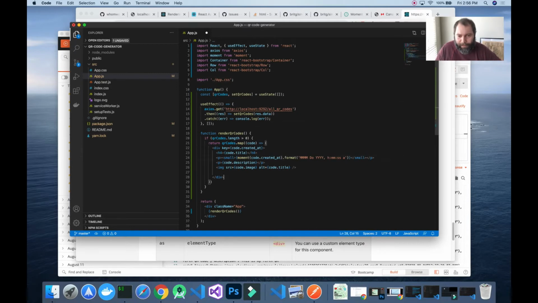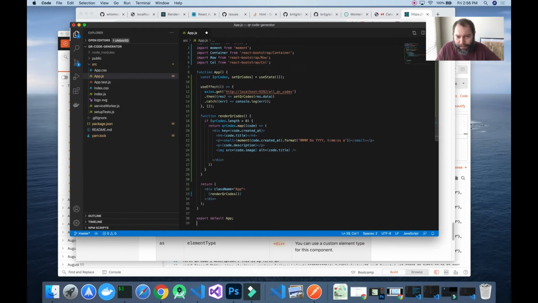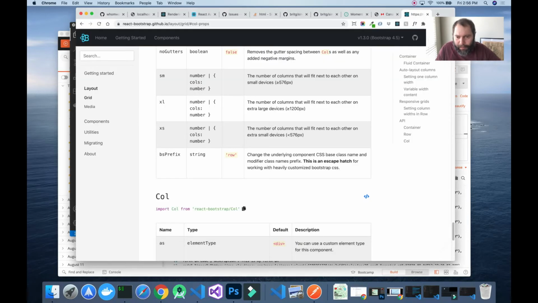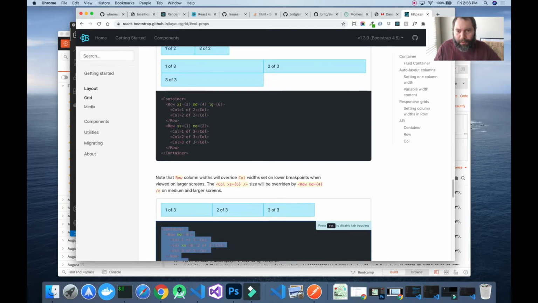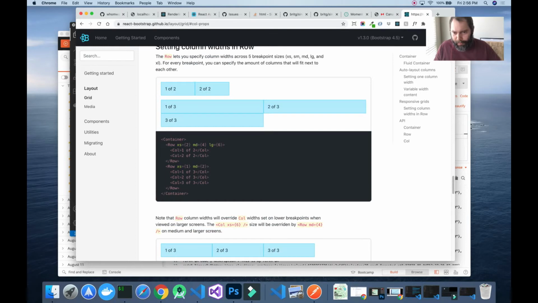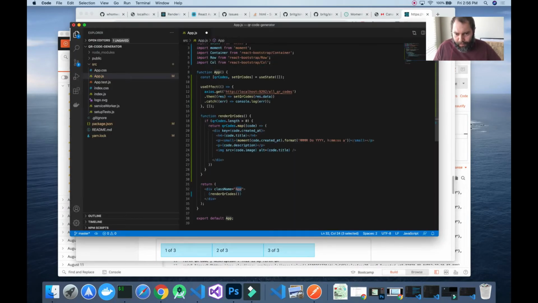Okay, so we don't actually need app.css anymore, and we can wrap this into a class name of container, or we can do it like this, which I actually never did like this, but let's try it out. So container, and then we want to say row,